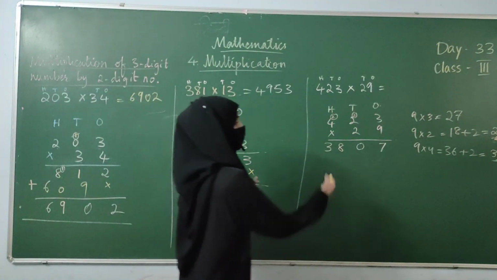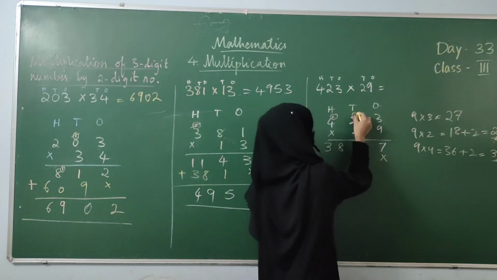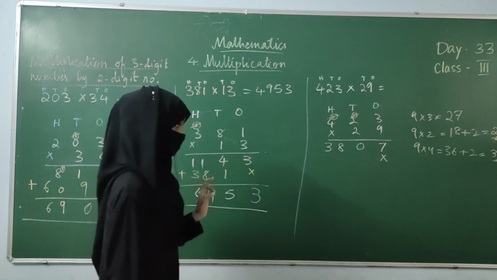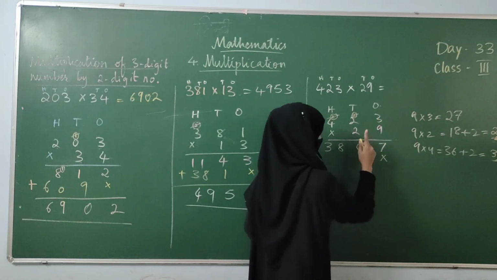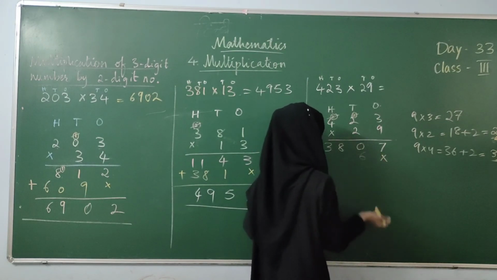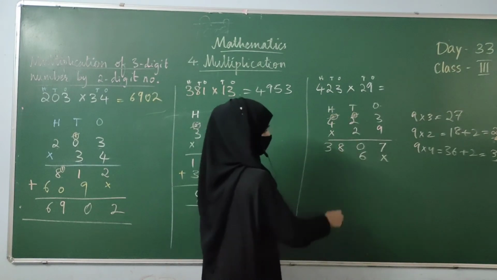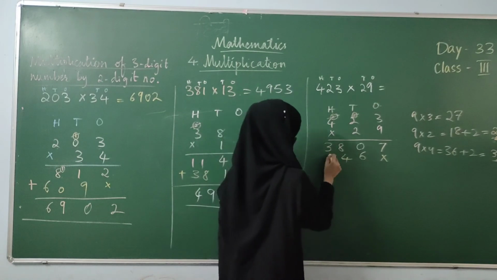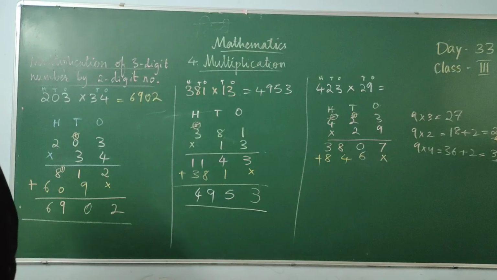Next, while going to the next step, don't forget, put an X, strike off the old carry. Strike off, don't scribble them. Now, multiplying with 2. 2 threes are 6, single digit, directly write down. Next, 2 twos are 4, again single digit, directly write down. 2 fours are 8, single digit, directly write down. Over, multiplying both the numbers.